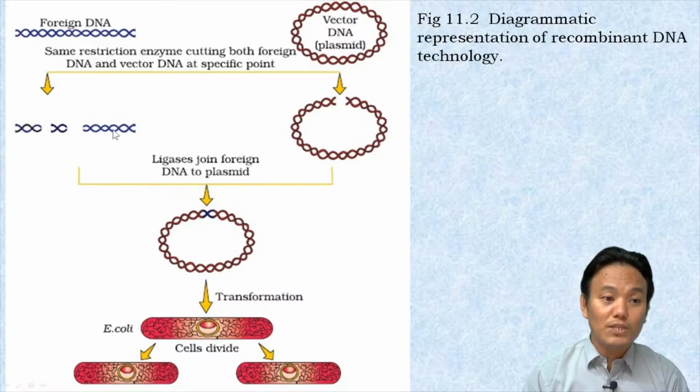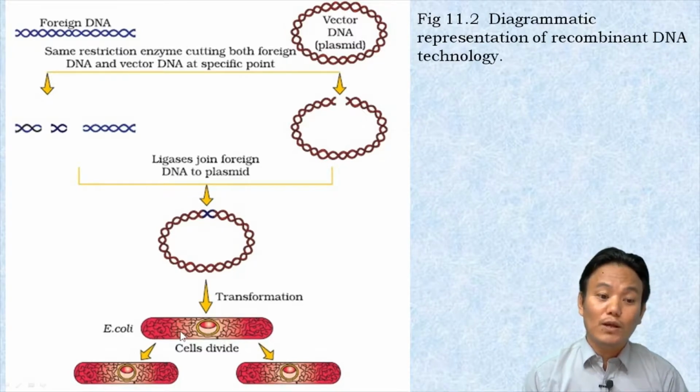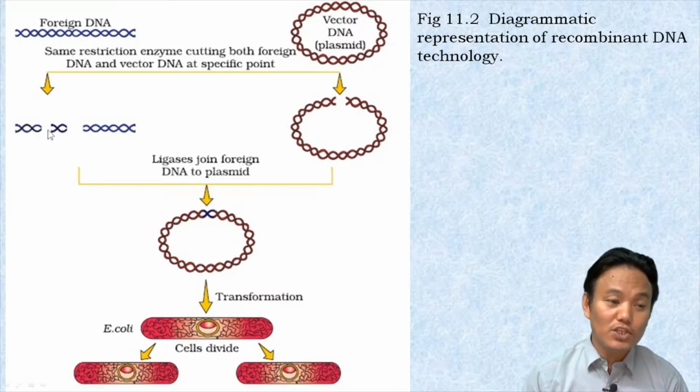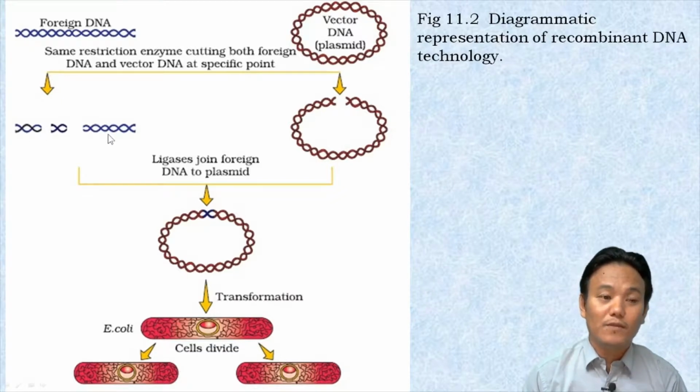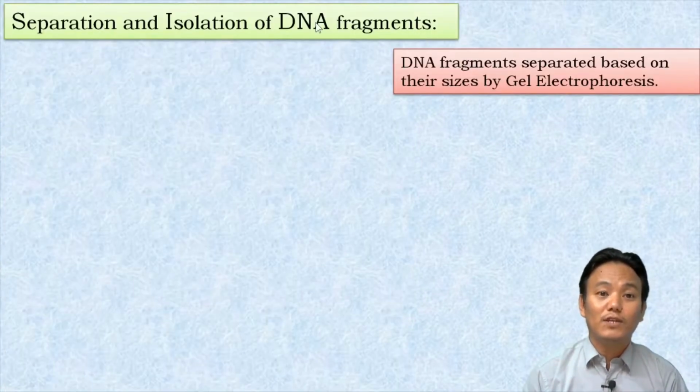Now, out of these small DNA fragments, we want only the middle one over here, right? We want this particular DNA fragment because it contains our gene of interest. We want to insert this particular DNA into the vector DNA so that we can form a recombinant DNA. And we want to put that recombinant DNA into the E. coli cell or the host cell and transform that host cell into a genetically modified organism, which can express this particular gene of interest. Now, how do we separate this particular gene of interest from the other DNA? That can be done by separation and isolation of DNA fragments, a technique which involves